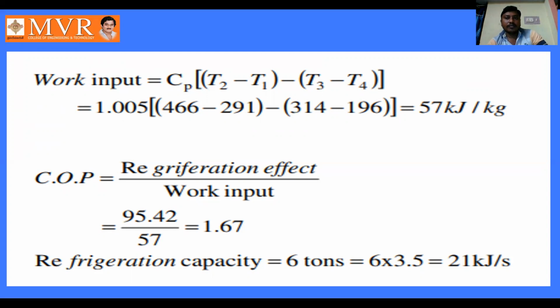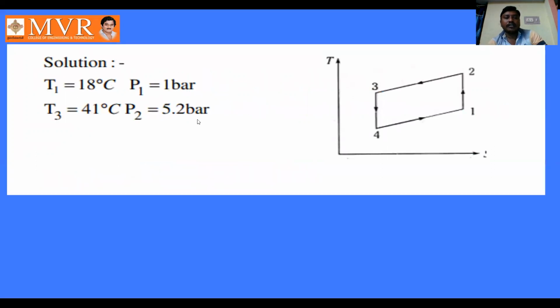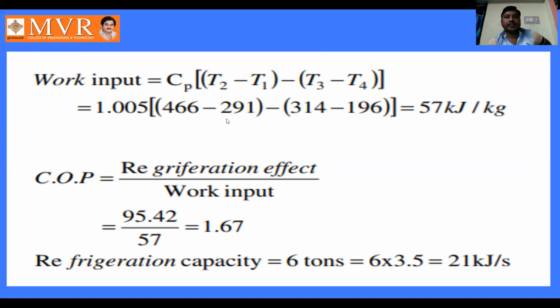the problem. We already know Cp, the constant pressure value, directly: 1.005, this is a constant value. And T2: we already know the temperatures T1 and T3, but for T2, we need to find it by using the expression T2 by T1 is equal to (P2 by P1) whole power (gamma minus 1) by gamma. For calculating T2, we know the expression. By using that expression, what are the values we know?